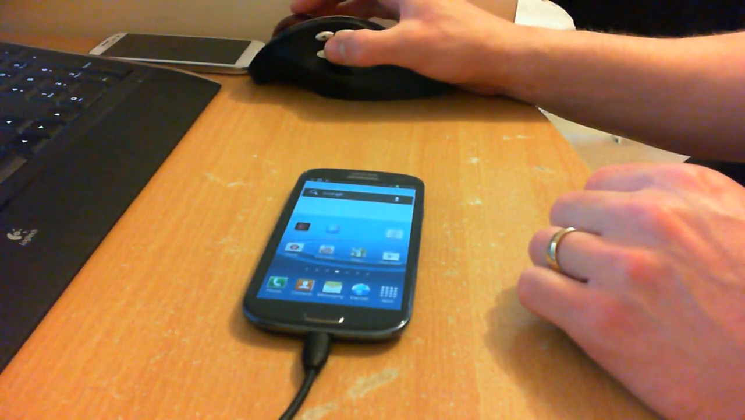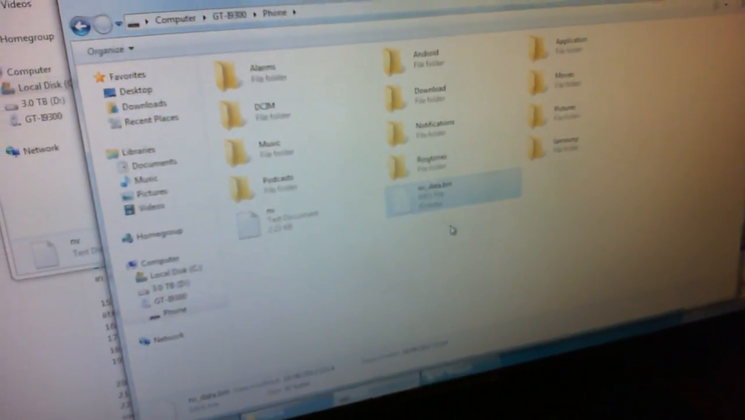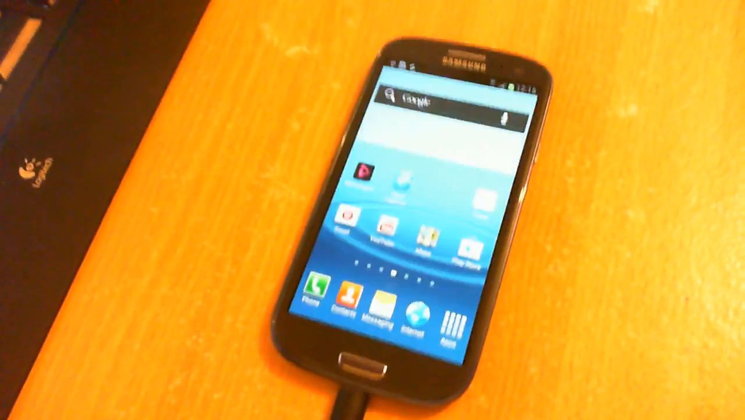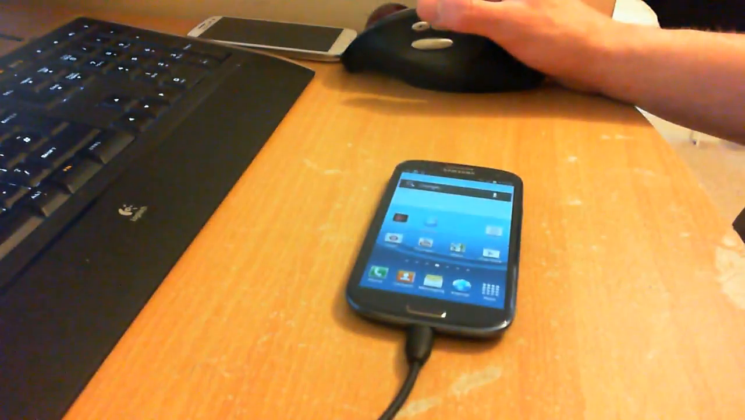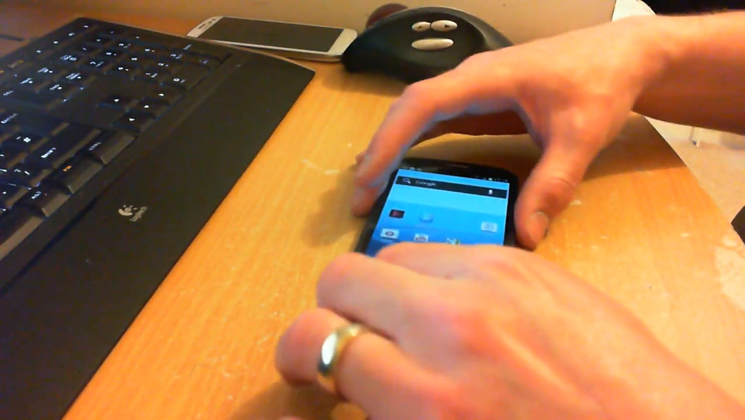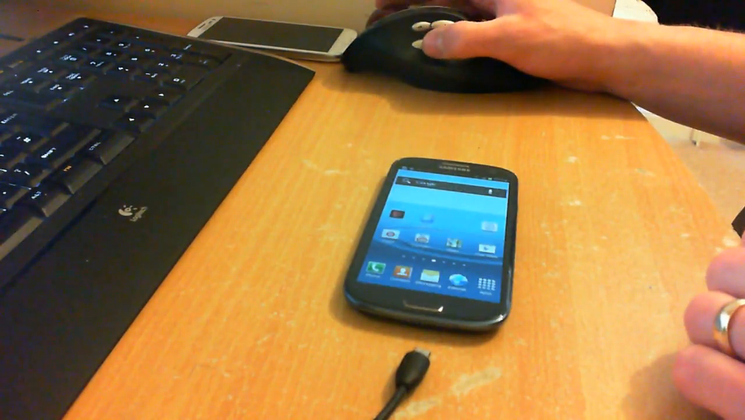Right. So there's that nvdata.bin. What I'm going to do is I'm going to cut that, and I'm going to pop it in the original folder up on my computer. Again, the phone will do that. Just wait for it to start happening. And I always give it a couple of seconds, just in case something's for some reason not copied over. I'm going to disconnect the phone there,